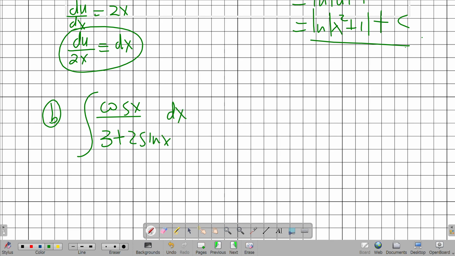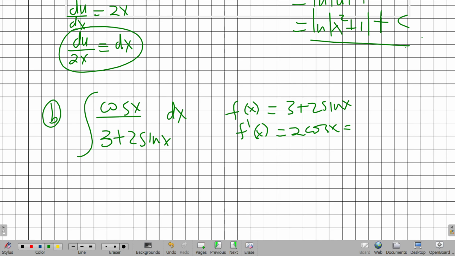And again, a quick scan. Maybe let me just do this one. You can see that f of x, the denominator, is 3 plus 2 sine x, and f prime of x is equal to 2 cos x, which I believe is in the form of that numerator, which is cos x. But there is a k, the value of 2 here. You can always adjust, but with substitution, you don't need to worry about that. As long as this is met, you can just say let u be equal to 3 plus 2 sine x,